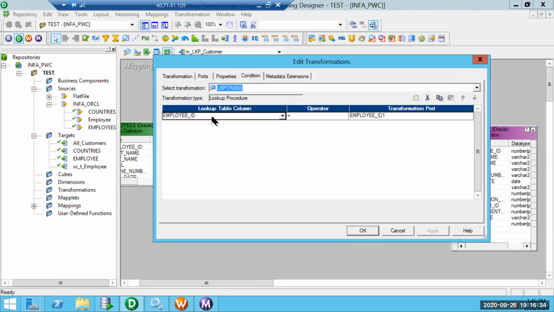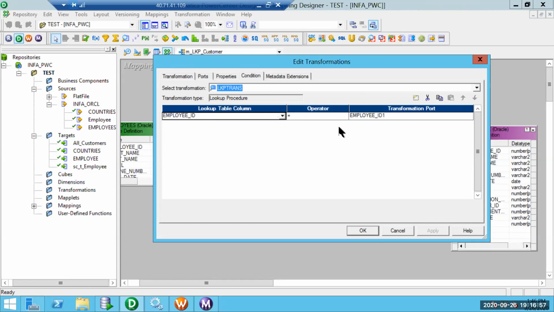Condition: here we will specify what my input column is, corresponding to my employee ID. We need the department ID from HR.employees. So for every incoming employee ID, since we have the same name, it was giving us one for input.